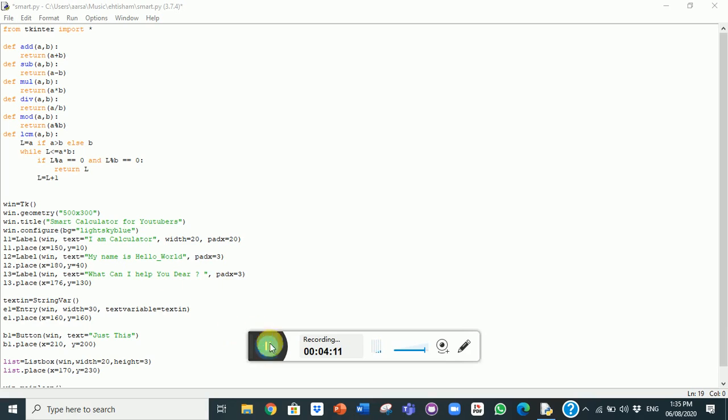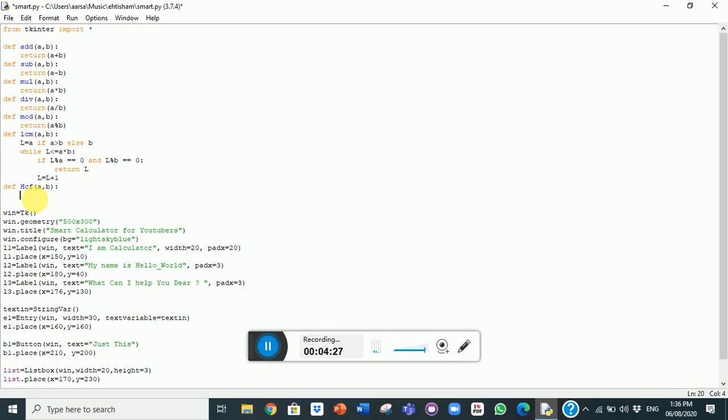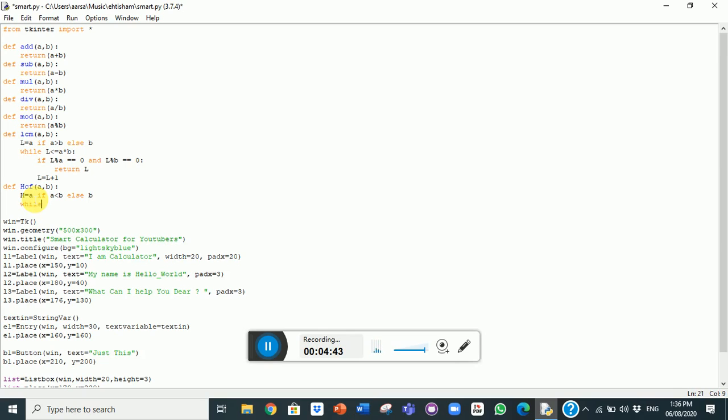And now for the HCF function, we have to define HCF a comma b colon and then the condition h will be equal to a if a is less than b, else b. Okay, now also while h is greater than or equal to 1